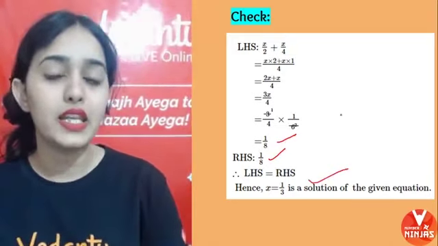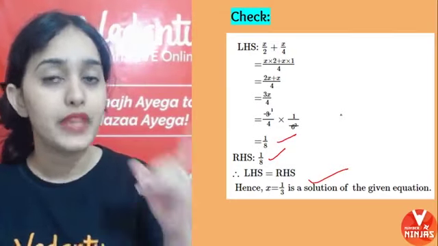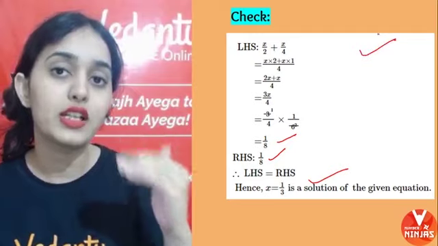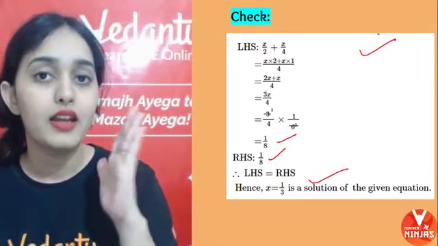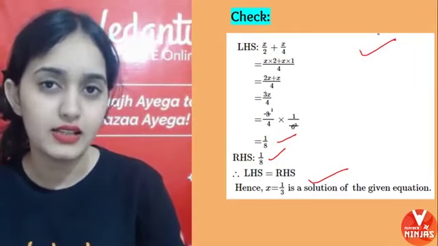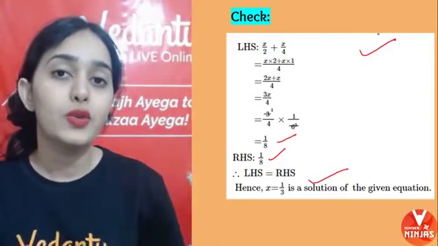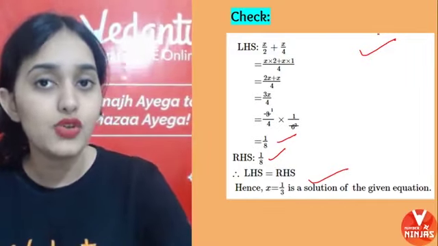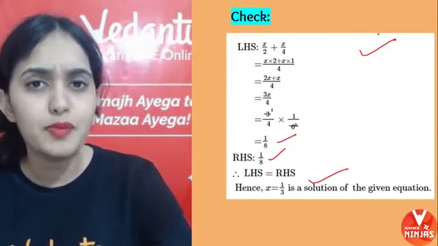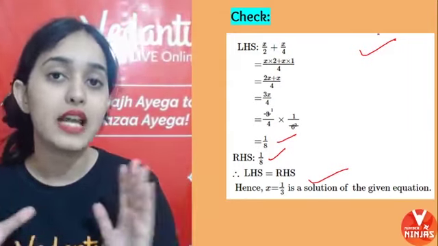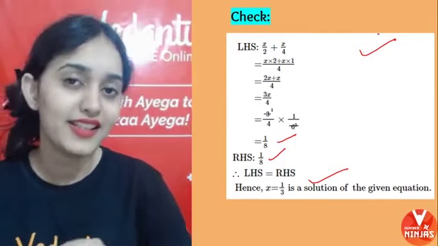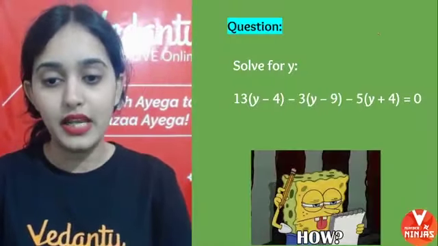So I am not explaining you how to check it again and again. एक बार explain कर दिया है, बाकी मैंने आपको show कर दिया है. So you can watch it yourself that how to check every question, because checking is not necessary. It is just for our part to cross check कि हमने सही आंसर निकाला है या नहीं. I hope you guys understood how you have to check. Just simply put the value of x in both left hand side and right hand side and see whether left hand side is coming equal to the right hand side. Okay guys? Chalo, next question.